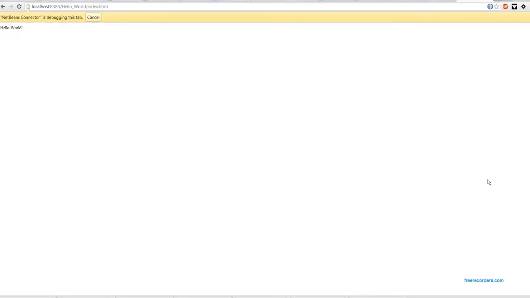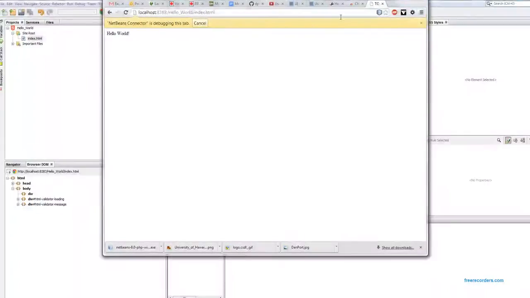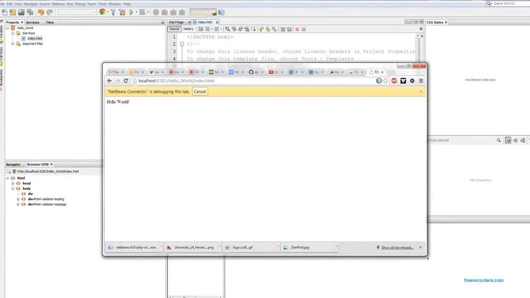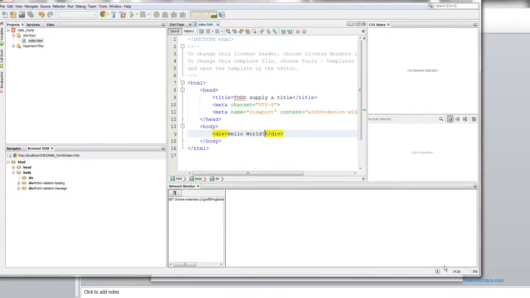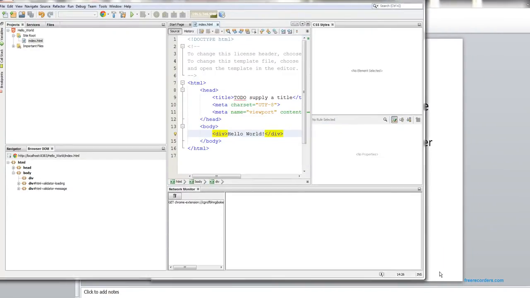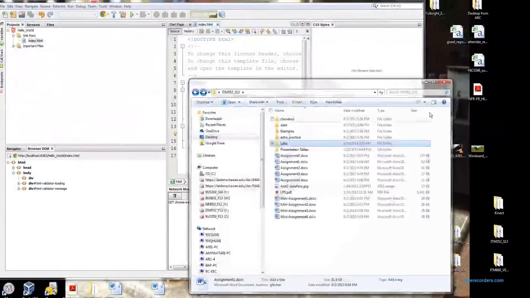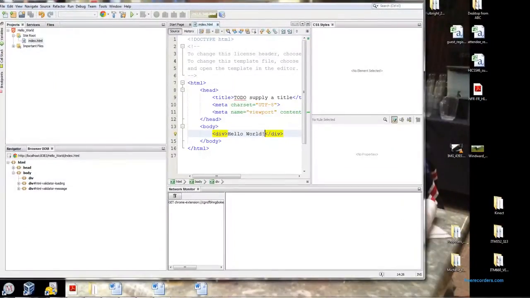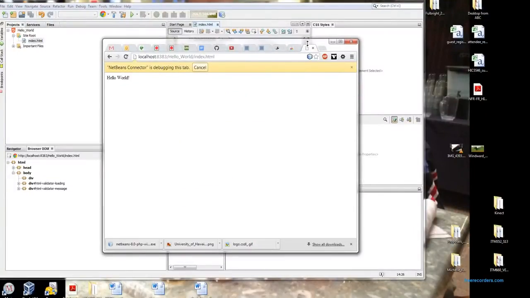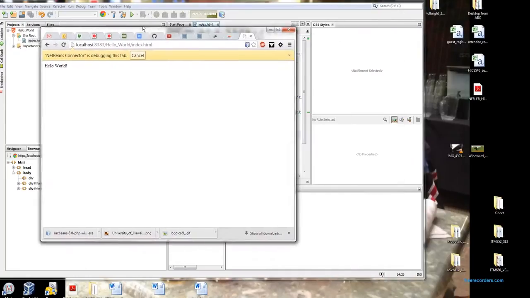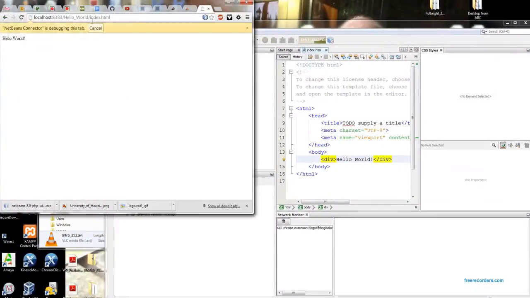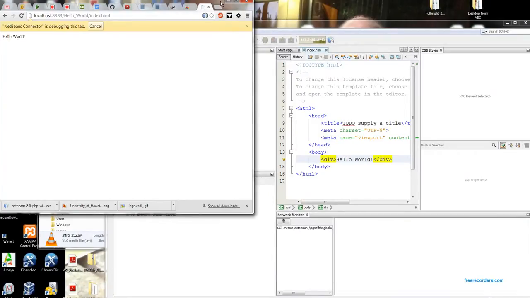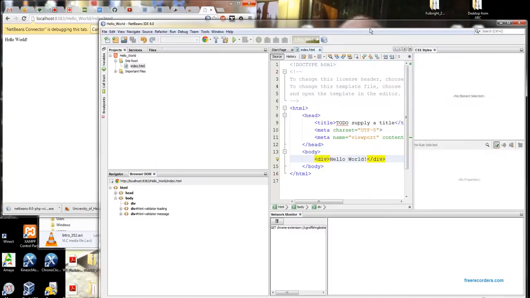Let's go back to our project here. I'll make this a little smaller, move this over here, like so. And you notice this says NetBeans connector is debugging this now. Of course, you can do this without it. I'm going to make my NetBeans a little smaller here. Let's see if we can look at both of these windows at the same time. Put this up here, move this down here. There. Just organizing things so I can see things a little better. I should actually be recording both screens, but I think that's a little too much. Okay, so moving along,